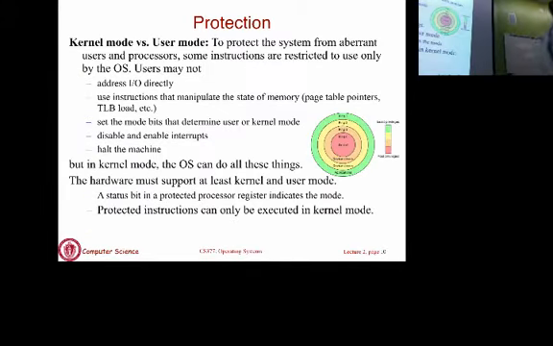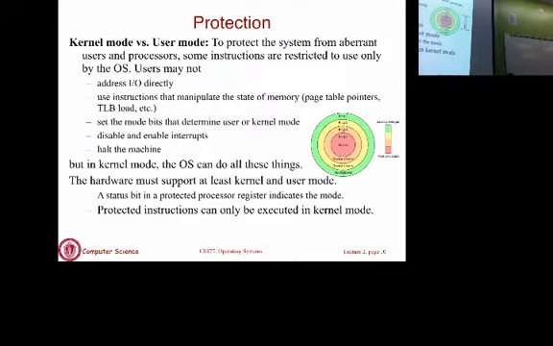There are many ways to implement protection. One technique is to have a kernel mode and a user mode. In this case, the CPU has two modes of operation: what is called a user mode and what is called a kernel mode.